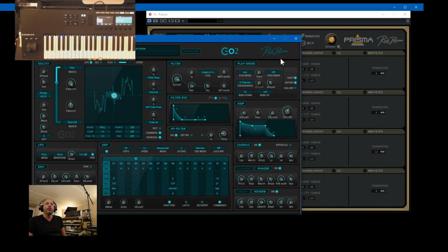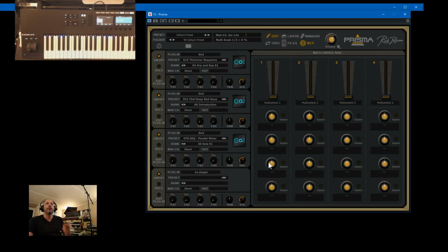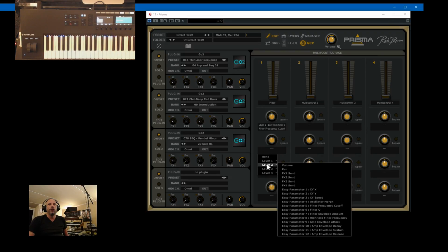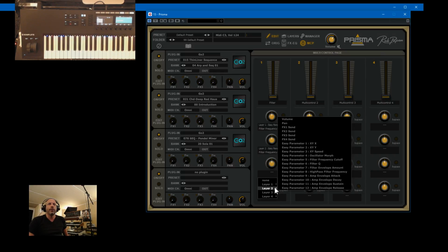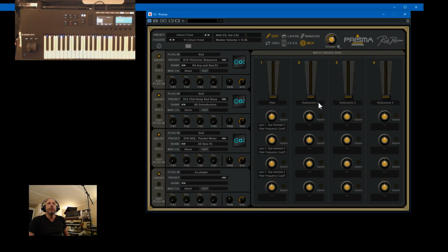Now, what I can do now, if I like this, okay, for now I like it, is go to the multi-control page, and now I start addressing it. I could say filters, and then I address all 4 filters: layer 1 cutoff frequency, layer 2 cutoff frequency, and layer 3, also cutoff frequency. And then maybe the attack of all the envelopes,